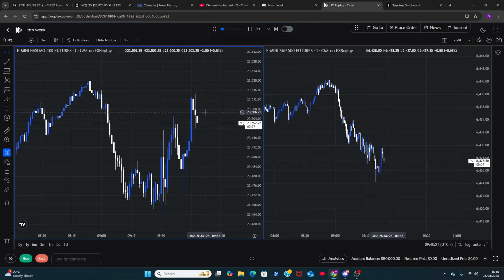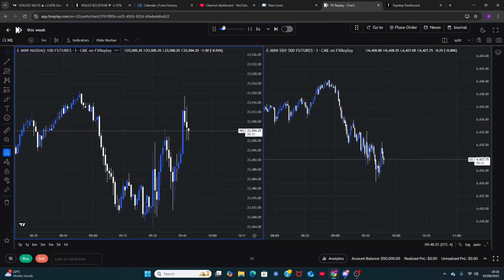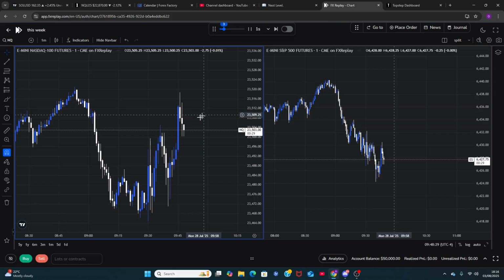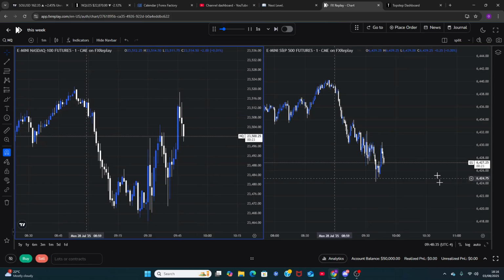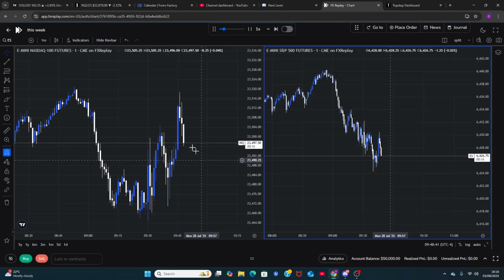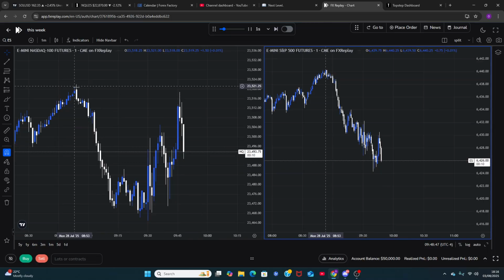Okay, let's wait for this to get filled. I can see this BISI getting filled. You just have to wait a bit more. Like it's a little bit of PXH as well. I know ES is pretty bearish, but I'm still leaning towards being bullish just because this high is pretty close.